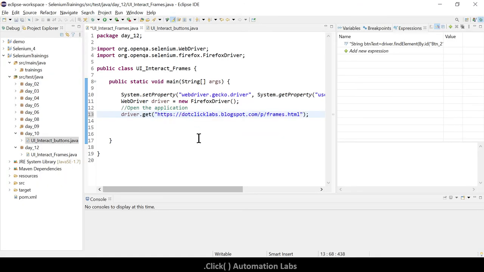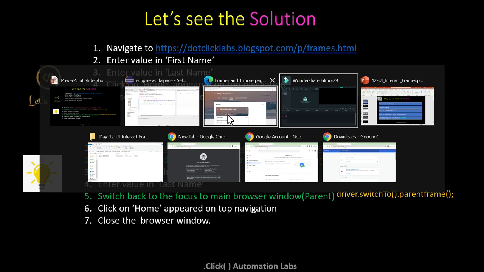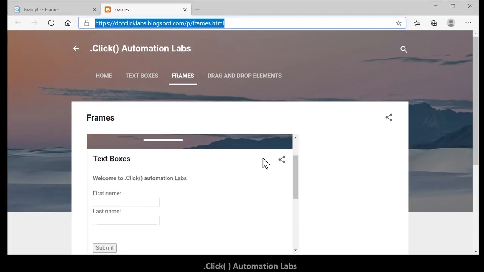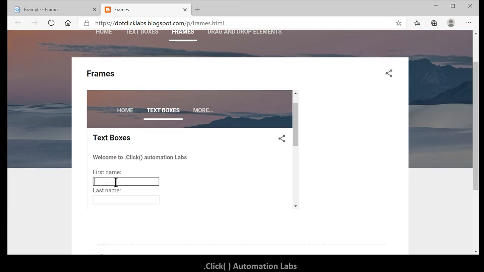So once you move to this URL, what is the next step? Okay, driver dot switchTo dot frame. So we need to switch to the frame and enter values for first name and last name. Okay, guys. So before that, let's see what the properties of the frames are. So these are the values we need to enter. This is our task. And as we fail to enter values, we are suspecting these reside under a frame. So let's identify that frame.